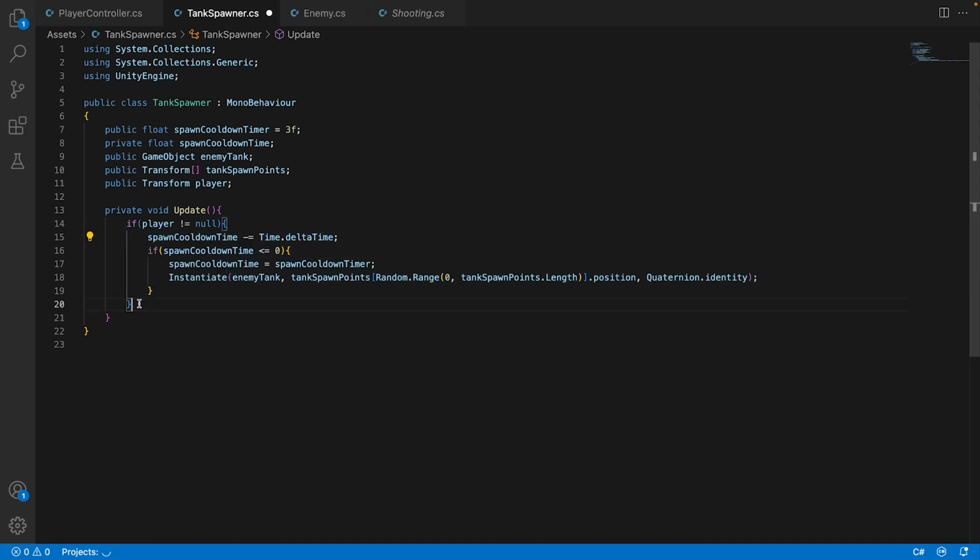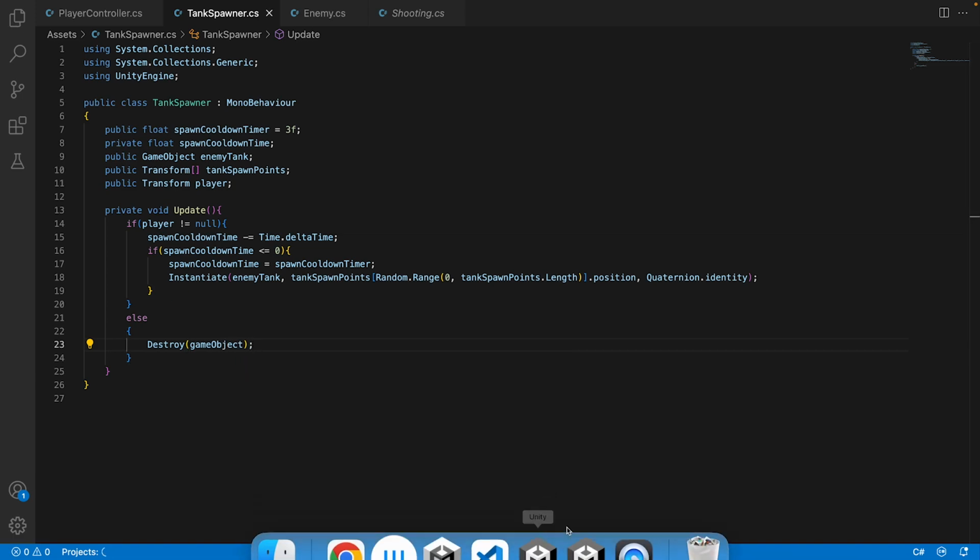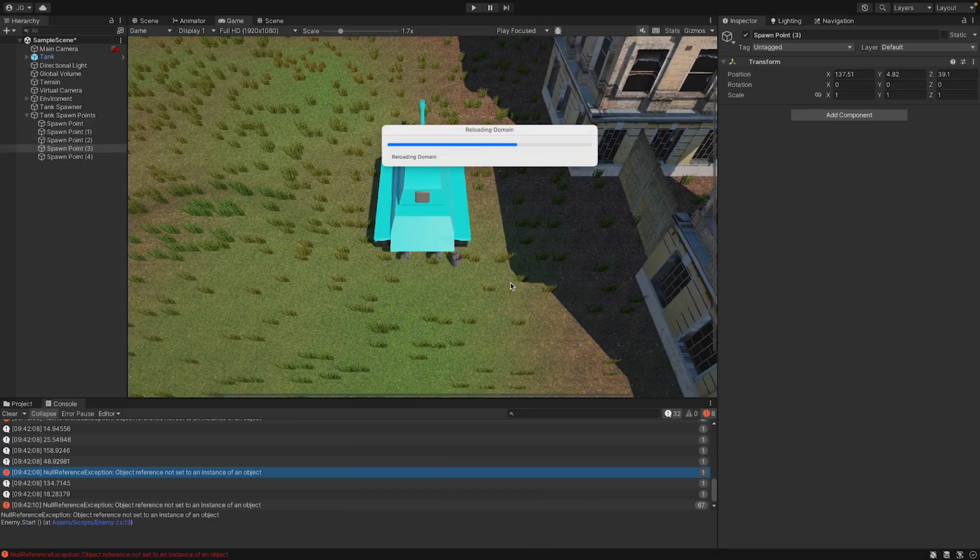If the player is null at any point, then we just kill the tank spawner, destroy the game object, and that will completely stop any tanks ever spawning again after the player's dead. Right, if we start it up again,